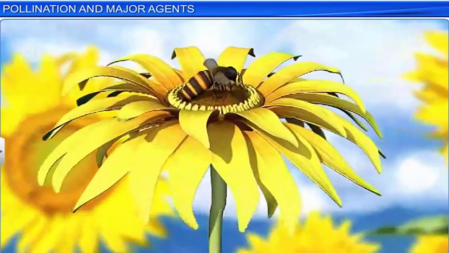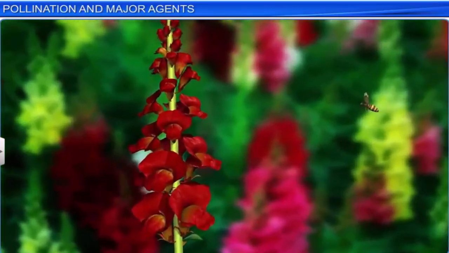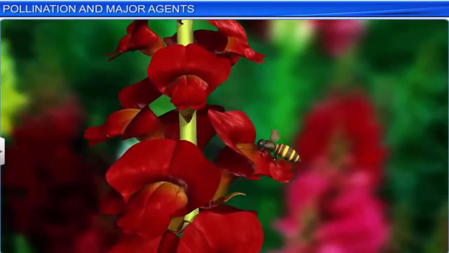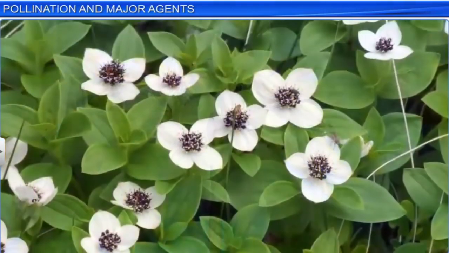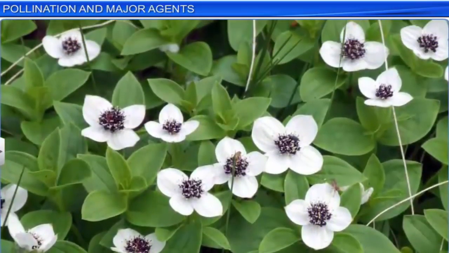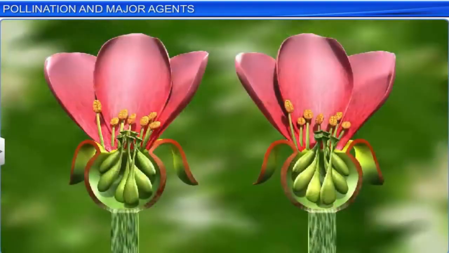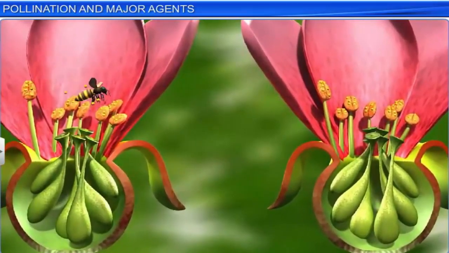Insect-pollinated flowers, for instance, are usually large and fragrant. However, if they are small, they are bunched together in an inflorescence to make them conspicuous. Moreover, these flowers produce pollen grains as well as large quantities of nectar to reward the agents. When a pollinating agent comes in contact with the anther, its body gets covered in a coat of sticky pollen